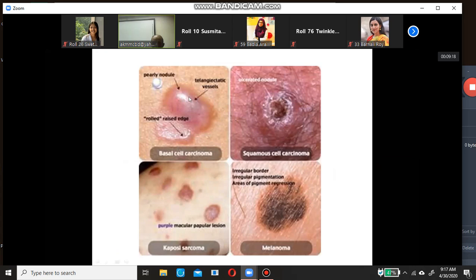You see the difference between basal cell carcinoma and squamous cell carcinoma. This is basal cell carcinoma, and this is squamous cell carcinoma. And the malignant melanoma. Malignant melanoma should be black. Malignant melanoma should always be black, but of course, sometimes basal cell carcinoma may be black.